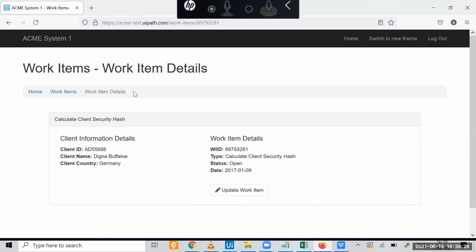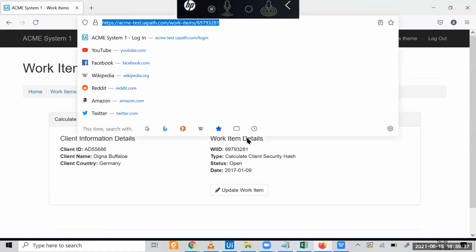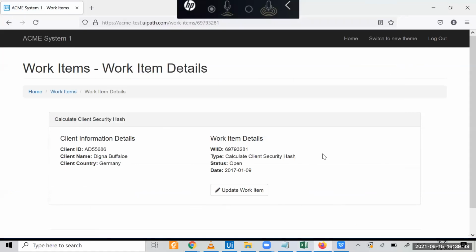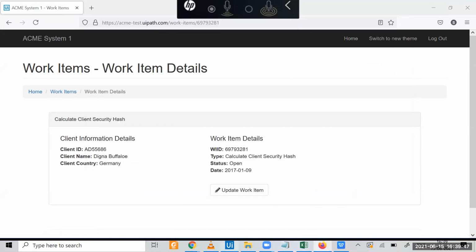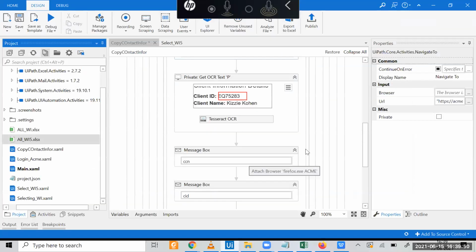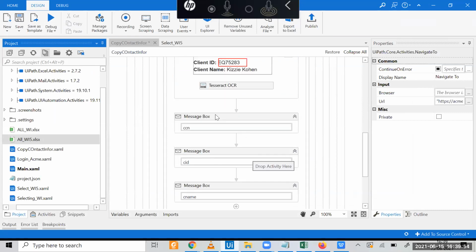Rather than clicking all the time by matching WI5 in the web page, going to the next page and clicking, we can directly hit the URL, because the URL is the same for everyone except the last digit, which is changing, which is already stored in our data table, right? Then you can use your Tesseract OCR, right?